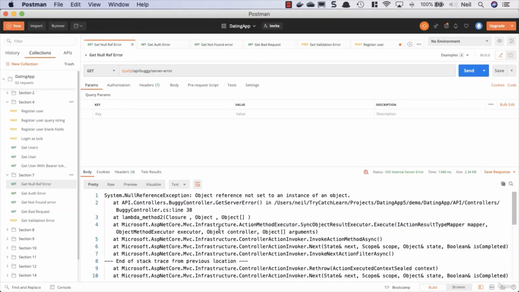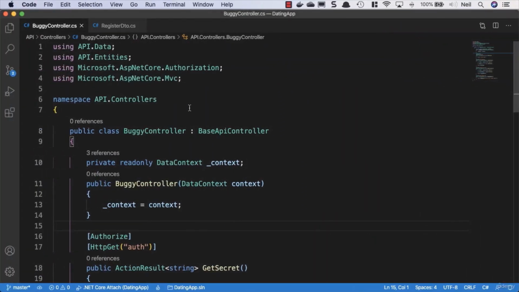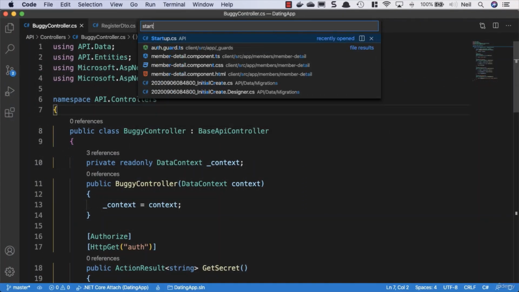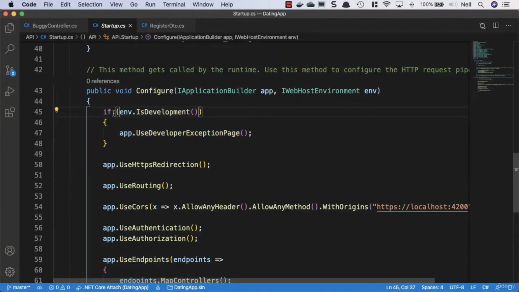So what we're going to focus on in this lesson is the exceptions we get back from our server. Now what we're seeing here is the developer exception page that's returned from .NET Core, and what catches our exception is this developer exception. And what we'll do is we'll go to our startup.cs class, and what we see inside